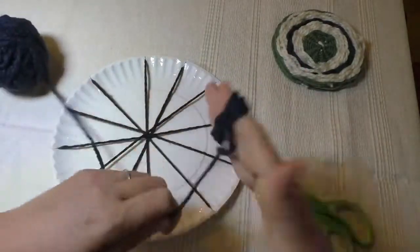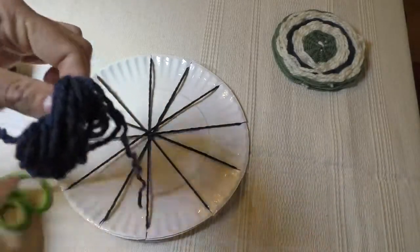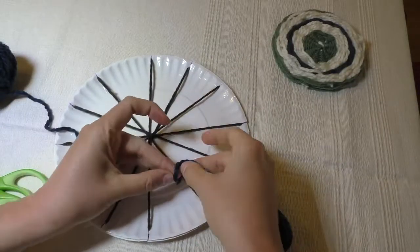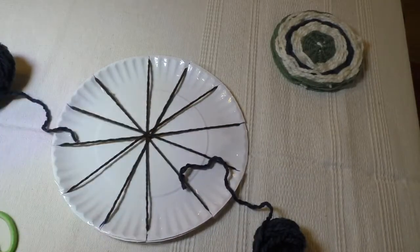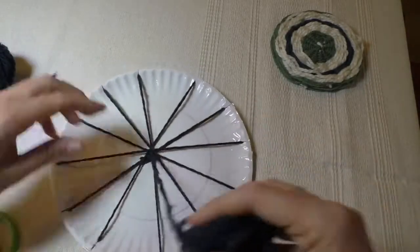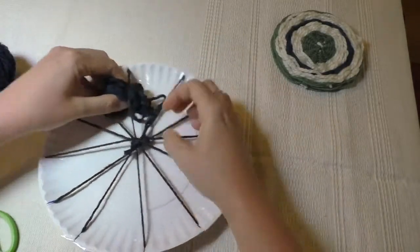And then I'm going to grab my first yarn that I'm going to weave with on my paper plate loom and just wrap it around my 3 fingers about 20 times. Find the end. Tie a knot on that first spoke like I'm doing here and just make it go to the middle. Then we're going to go under, over, under, over, under, over,